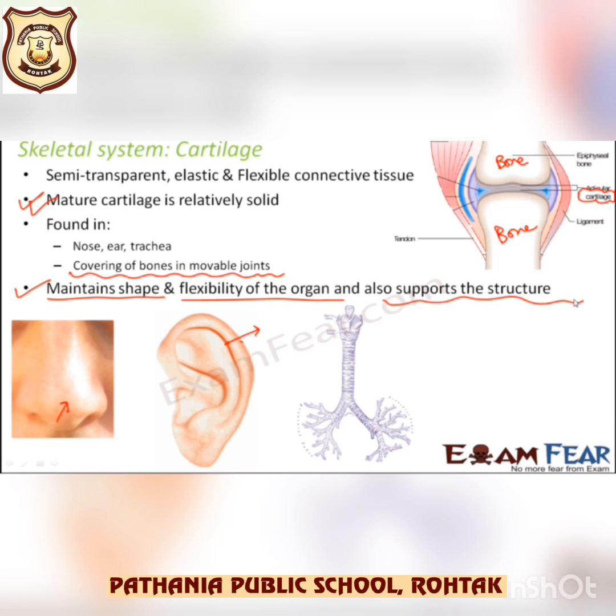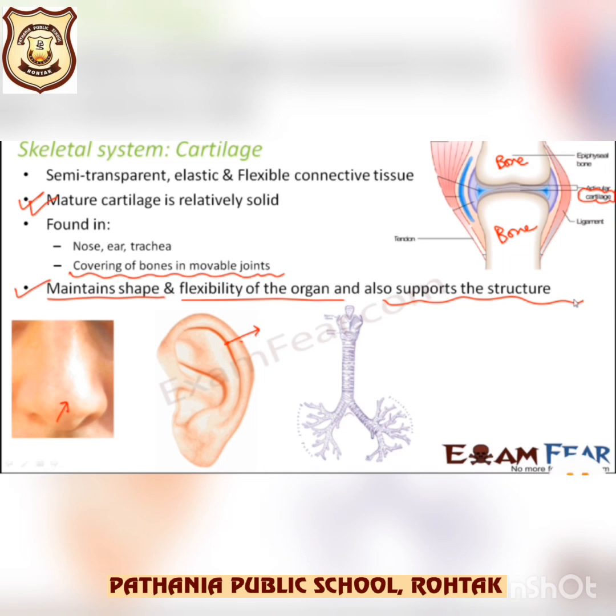Are you getting my point? So cartilage is smooth. The layer of smooth cartilage reduces friction and allows the ends of bones to move easily over each other without damaging them. All right. So the presence of cartilage discs between vertebrae makes the backbone flexible so that it can bend.